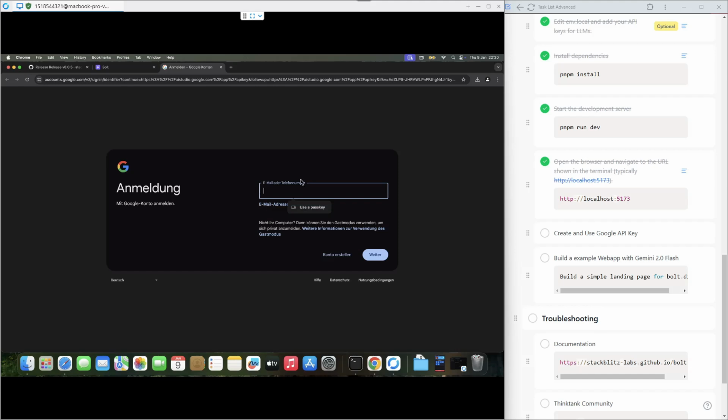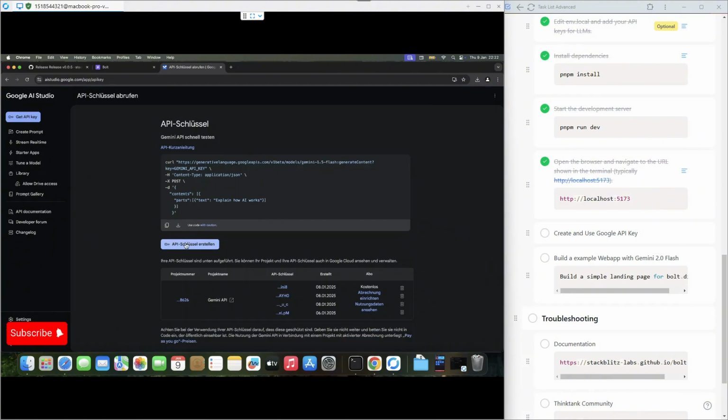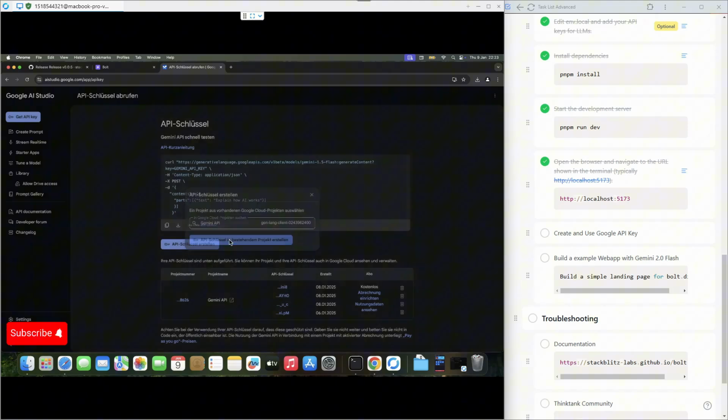Then you sign in. So I signed in and skip this section a bit, and then you see this screen. You can click get API key. I guess it's in English. I don't know why it's in German for me right now. I have my browser in English, so I don't know, but click this button. Then you can create a new API key, choose Gemini API. You don't see the other one, so just choose Gemini API, click generate,